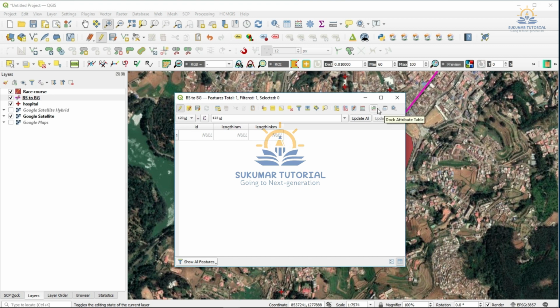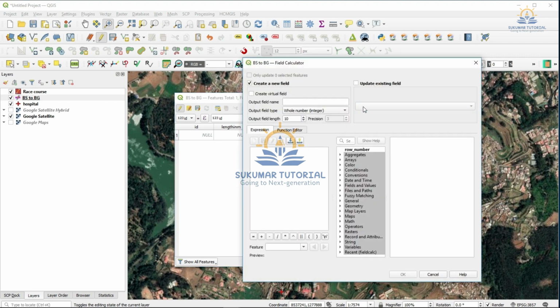Now I have to go to field calculator, update existing field, length in meters. After highlighting that, you come to geometry, then come down, look for length.